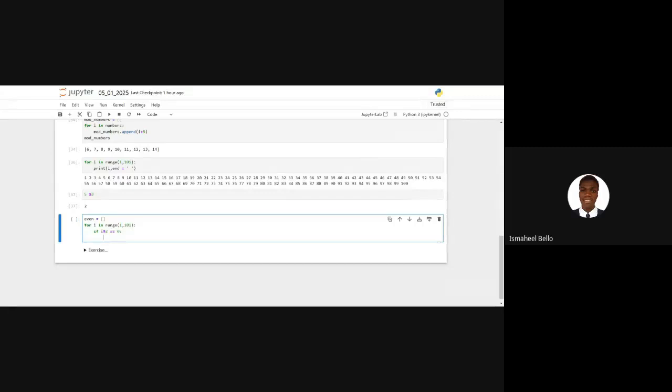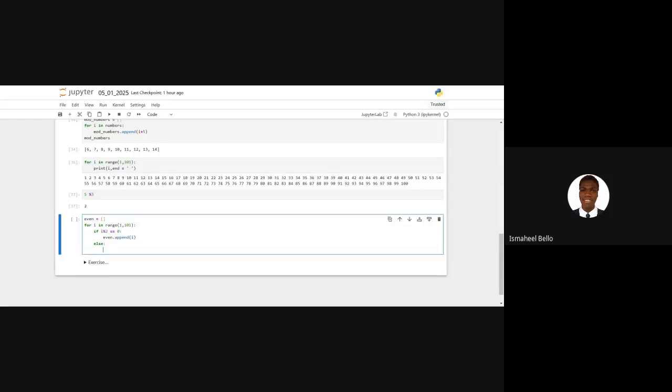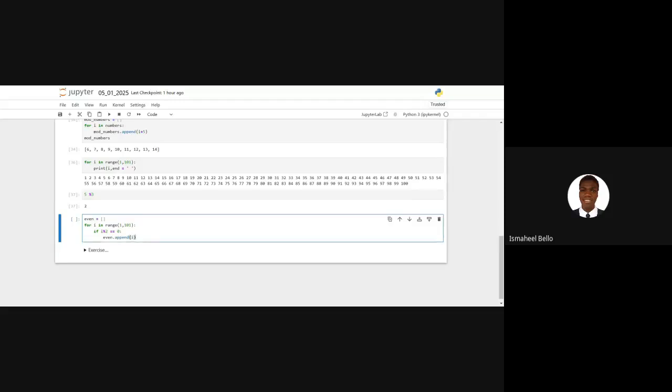So we are trying to check that if i modulo 2 is equals to 0, then even.append(i), else, what will happen? Now I can decide to not use my else statement. For now, I won't use it because I'll still introduce some concepts to us. Now, if we run this